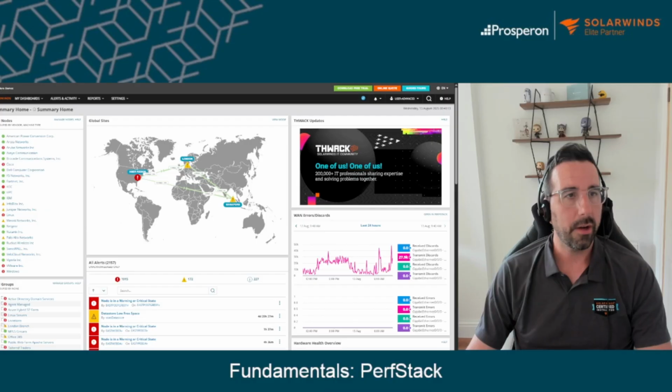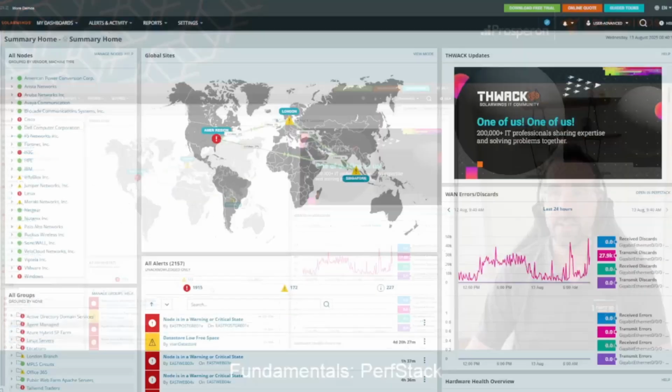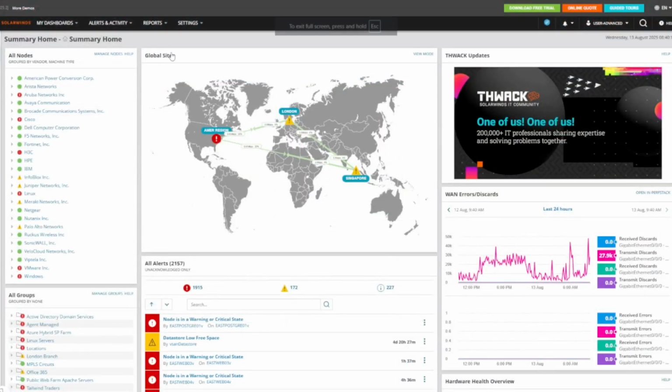So I am going to be using the demo site for this. So if we just jump on in, this is a fantastic resource, by the way. It is obviously provided by SolarWinds here, and it has every module plugged into it. So if there's one that you are wondering if it could have some value for your organization, I've used this